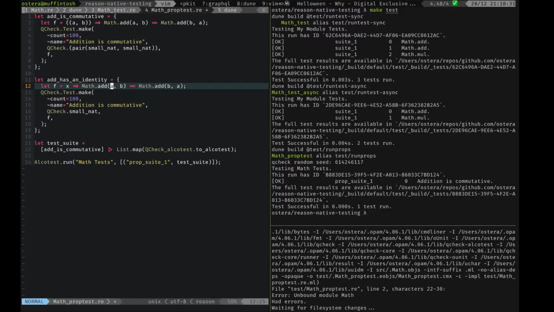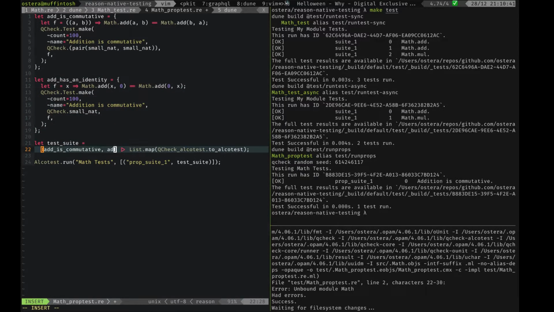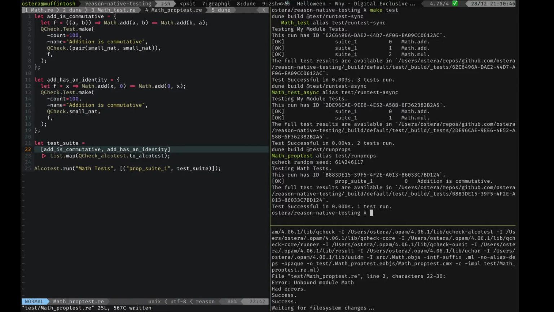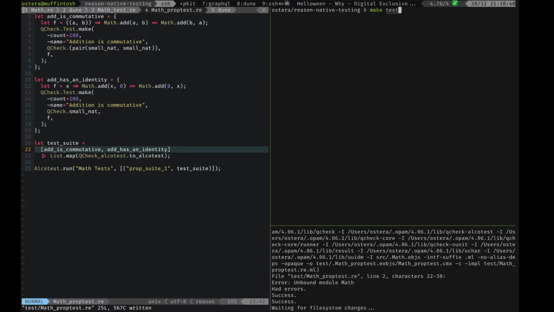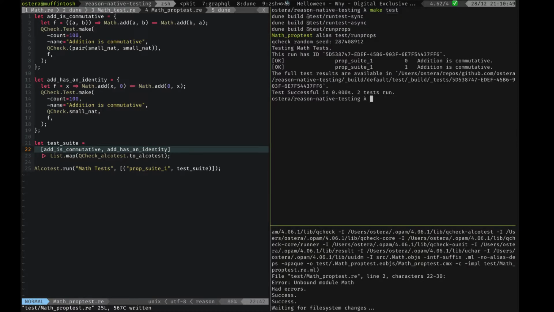And the identity says that if I add 0 to x, I should get the same thing as if I'm adding x to 0. So add has an identity. And then this thing will just run the test for me automatically. Good. I need to change the name. Addition has 0 as the identity